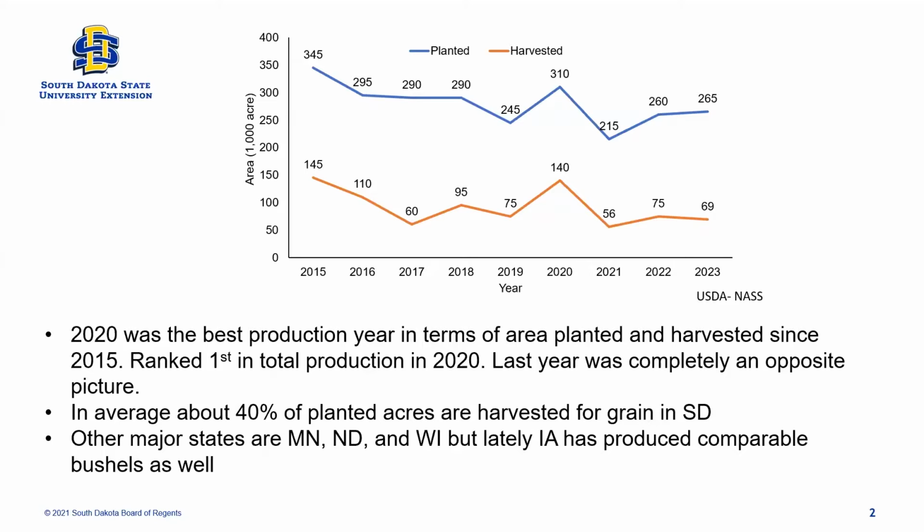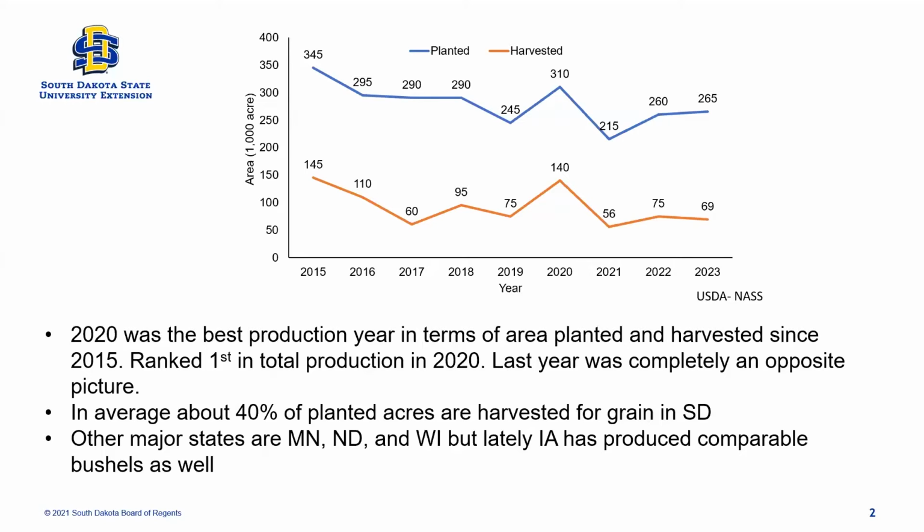Each year is different, but more or less, 2015 was a good year for us, and 2020 was a good year for us. In 2020, actually, we were number one in the nation for total production of grain oats. Then you look at last year, and even 2021, we suffered quite a bit, not only with oats but with all the small grains we grow in South Dakota, because of the weather and how it changed. Different heat stress and drought stress came through the oat growing time period in the oat life cycle.